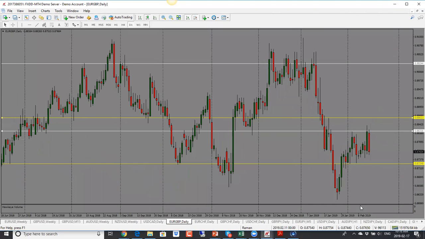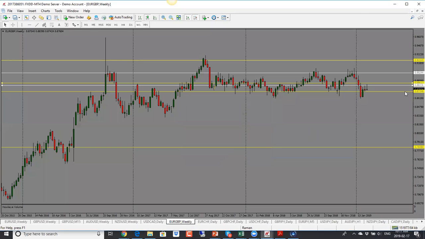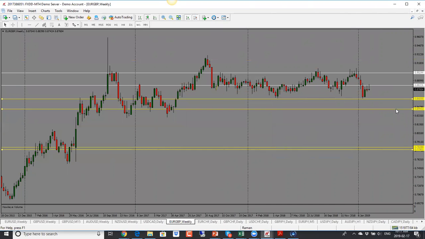Same thing with Euro Pound here. We saw price go up and now it came into the support resistance level. Now it's dropped from there. So in terms of our weekly, it hasn't really moved a whole lot. Now we have a tweezer top setup here. As we can see, twice price rejected that level, and that shows that price could drop from here. So in this case, bias is to the downside and looking for price to move into the 0.8600 level.